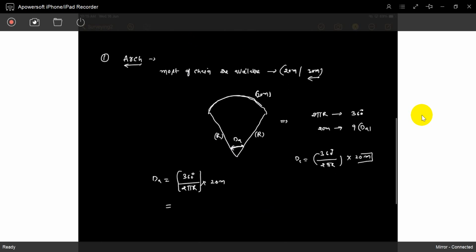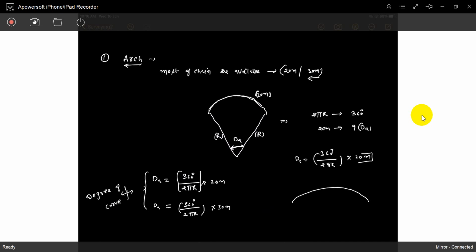But if it is 30 meters, say 30 meters, this is called the degree of the curve. What is the purpose of the degree of the curve? We only have a 20 meter or 30 meter chain. Just 30 meters covers how much angle. Maybe the length of the curve is something we don't know.